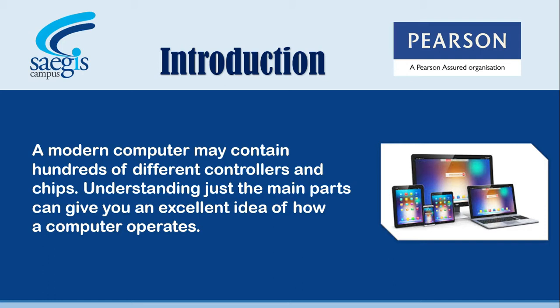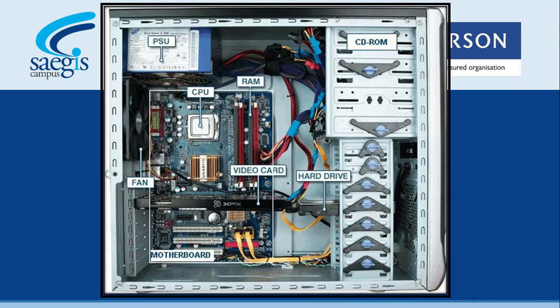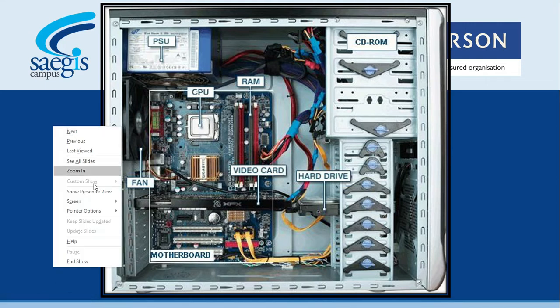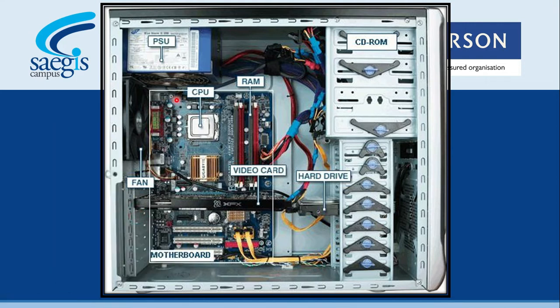So at first we look into the system unit. So this is the system unit of a PC computer. In this system unit, here you can see the motherboard. Okay, wait, I'll get the pointer. So this is the motherboard, and apart from the motherboard you can see the fan, power supply unit, CD-ROM, hard drive and all. Inside the motherboard also you can see lots of parts. Here you can see the CPU, RAM, a video card.